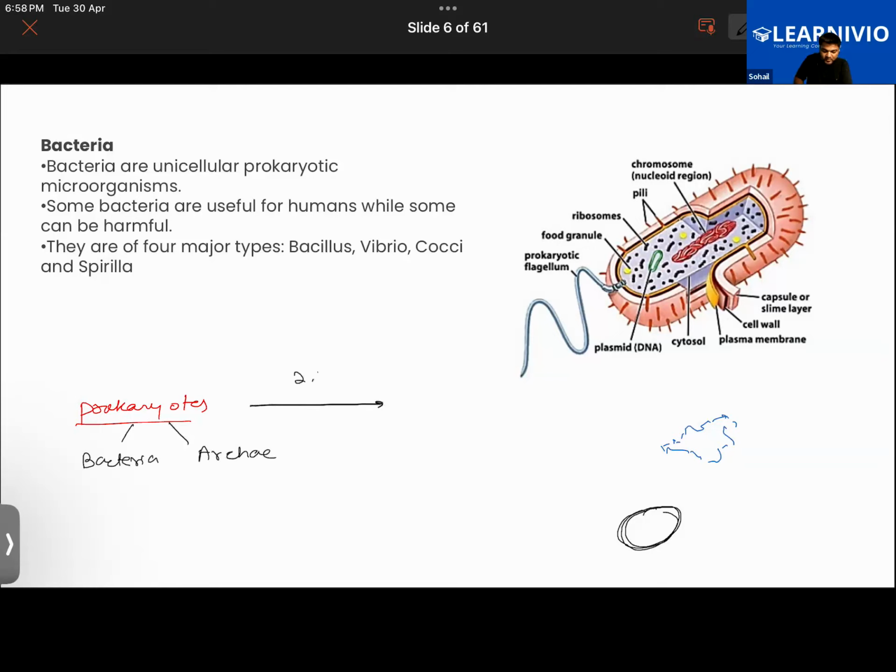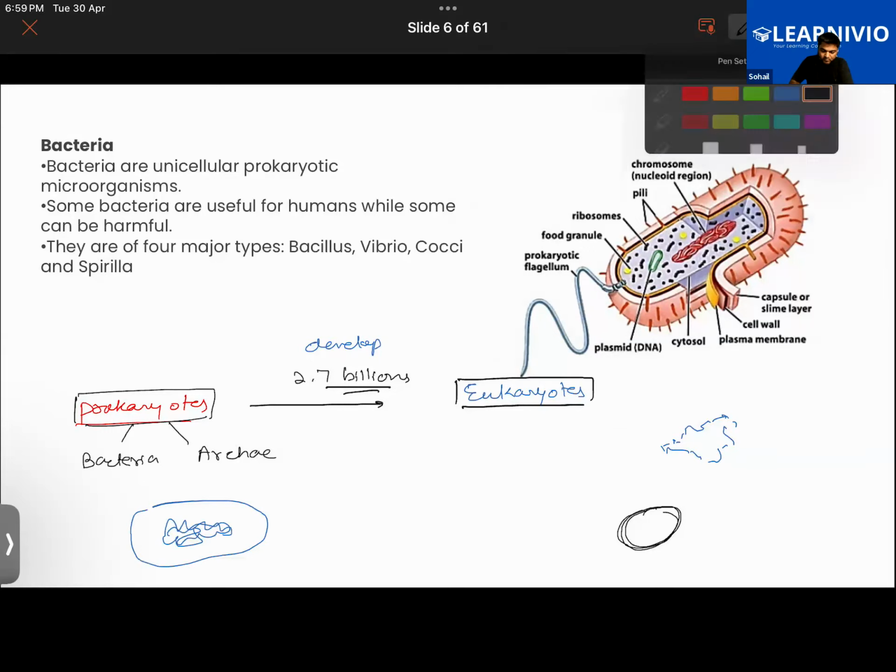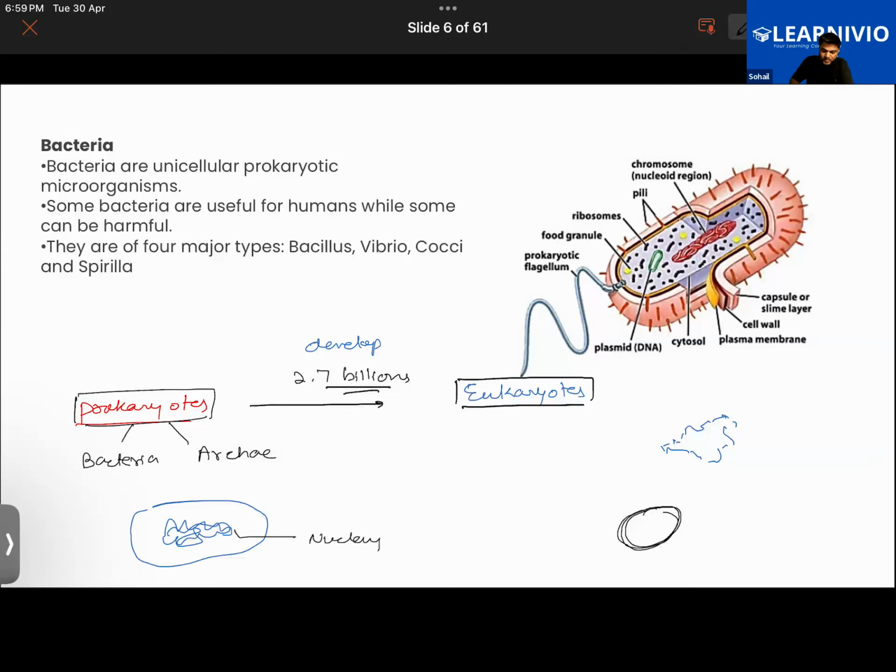Now, over the time period of almost 2.7 billion years, what we saw is that the different kinds of prokaryotes started to develop. So they developed into eukaryotes. So what is the simple difference between the prokaryotes and eukaryotes? Let's understand this. If you look at the cell of the prokaryotes, the cells would lack a proper nucleus. The nucleus would be kind of like this in them. This is the nucleus. Now you look at the cell of the eukaryotic organism. You will find that it has a very well defined structure. The nucleus is surrounded